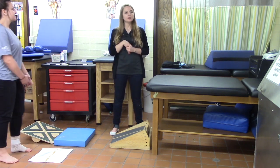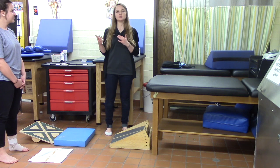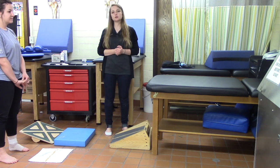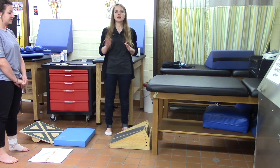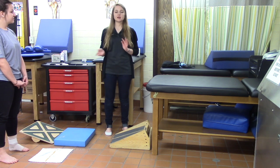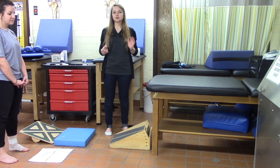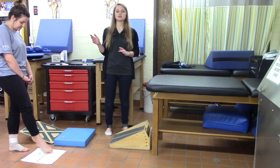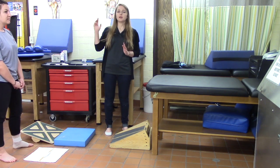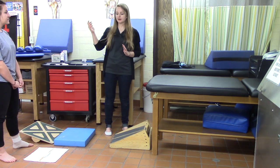And then when we have them returning to play, we're going to want to make sure that they are not returning to play too quickly, because this injury is often caused by increasing our activity level too quickly. So something we can do is have them walk for 4 or 5 minutes, and then they're just going to take a 2-minute jog. And then they're going to repeat that maybe 3 or 4 times. And then a couple days later, maybe have a day of rest in between. And then the next day, they're going to increase the amount of time that they're jogging to 3 or 4 minutes, and they'll repeat that 3 or 4 times again. And we're just going to cycle through that